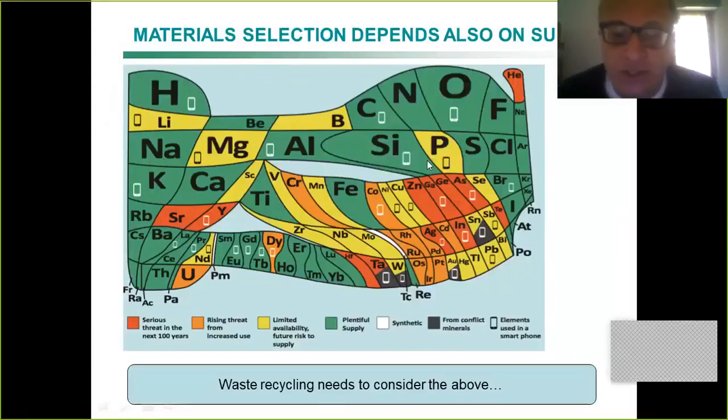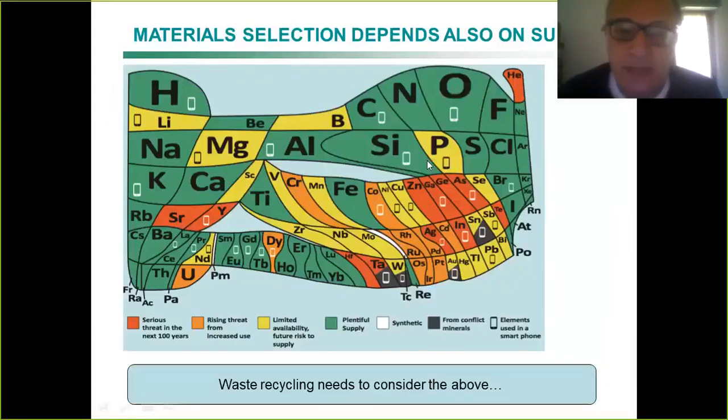Good morning. So this course is especially about the problems, the issues which we investigate in material science. And in the last few years, it is fair to say that materials selection depends also on the recyclability of the materials you have, and you select the materials also in terms